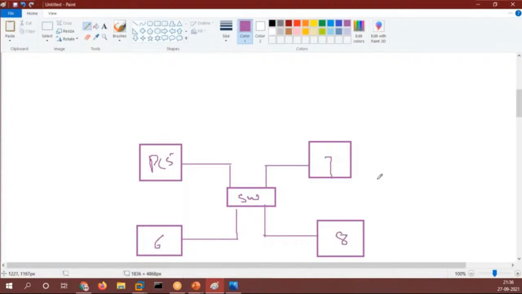Let's say the IP address of PC5 is 172.254.16.11. Then it is .12, then .13, and then .17.